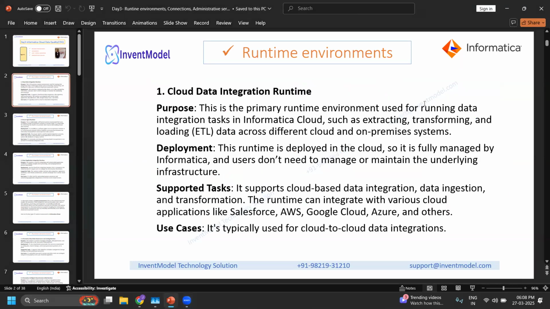Yeah, so let's start with runtime environment. So there are multiple types of runtime environments available. Let's try to understand the purpose, then the deployment type and all. So the first runtime environment is the cloud data integration runtime environment. The purpose of this runtime environment is that this is the primary runtime environment used for running data integration tasks in Informatica Cloud, such as